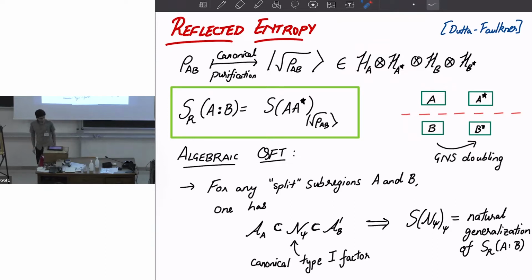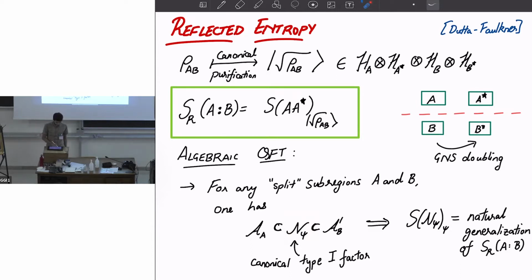So just as a side comment, this is well defined even in algebraic QFT, because it generalizes naturally to what's called the split entropy. Whenever you have two subregions A and B which are separated from each other, quantum field theory has this nice property, which you can think of as locality, which is that when you have two of these subregions with some gap in between, you can find an algebra. Typically subregions in quantum field theory have type 3 algebras for which you can't associate entropies.